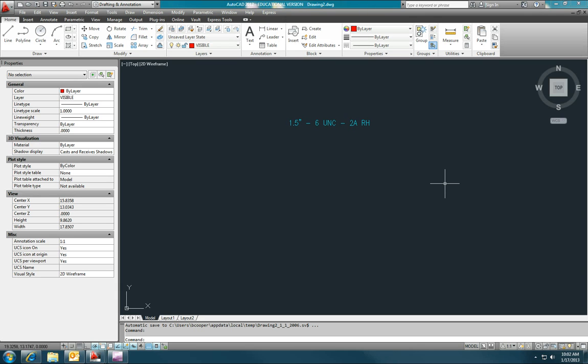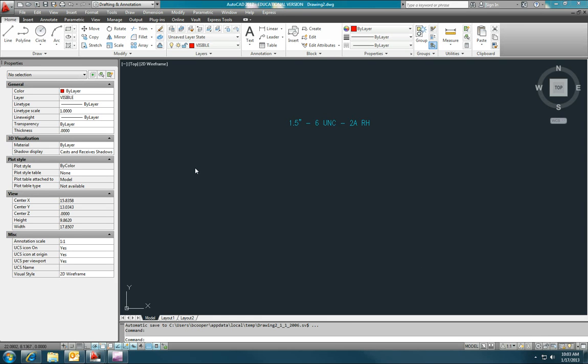Since we don't see the words double, triple, or quadruple, then we're to assume it's a single thread. And of course, each one of those threads, single, double, triple, and quadruple, would greatly impact the way that you would draw the detailed thread. So it's important that you know that. And so we're going to draw this as a single